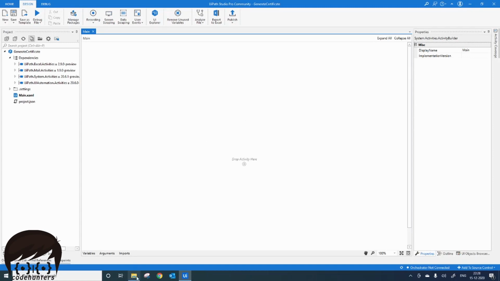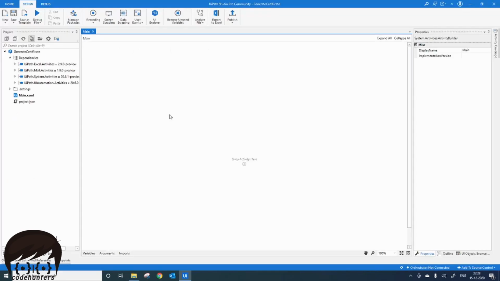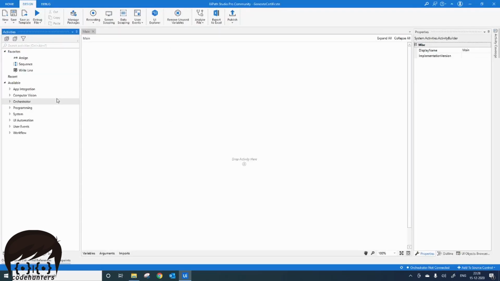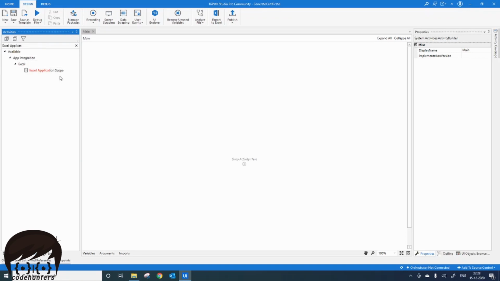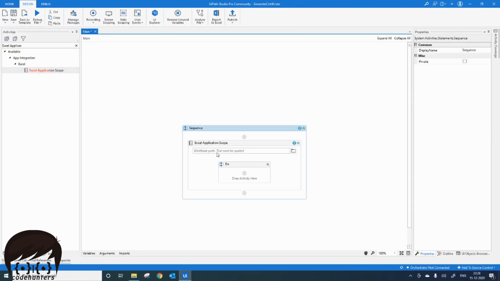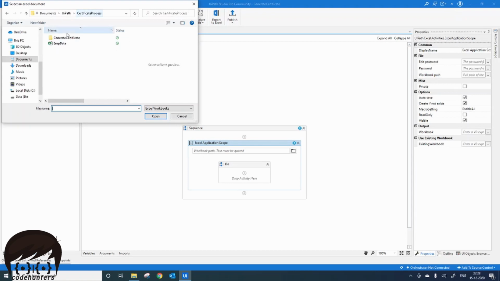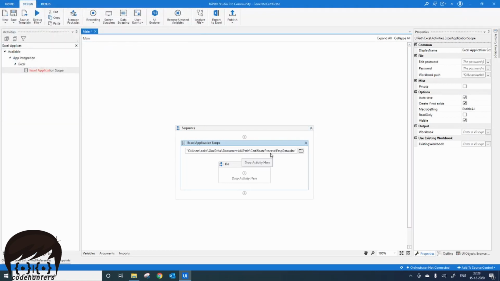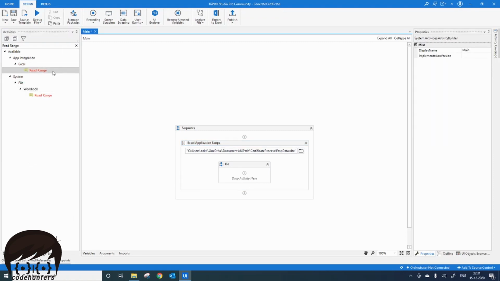Now the first thing I need to do is read the data from this employee data Excel sheet. So for that I will go into the activity panel and search for Excel application scope, and let's drag and drop it into the workflow. Here it needs the Excel file name. We'll give it as employee data. Now we have provided the file name which contains the employee data. Now we need to read the data, so we will use the read range activity. Let's drag and drop the read range activity.